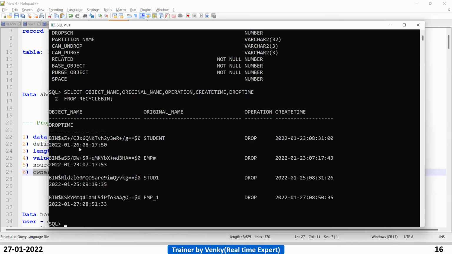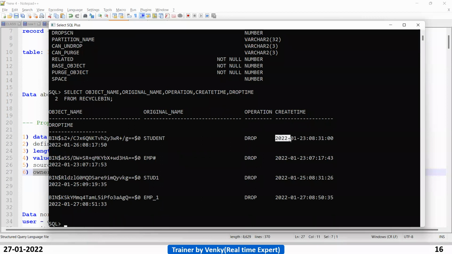Next, from the recycle bin table you can see, we have dropped many tables, right? See, we have dropped the student table. We have dropped this one. Student one also we dropped. EMP one is the latest. See, now you can see all operations are drop only.